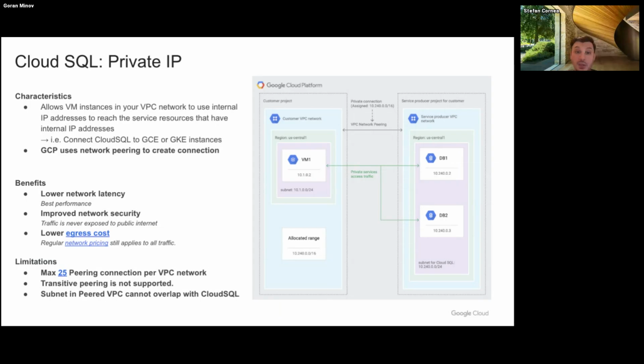No overlapping IPs. The subnets in your VPC cannot overlap with the IP ranges used in the Cloud SQL. Again,